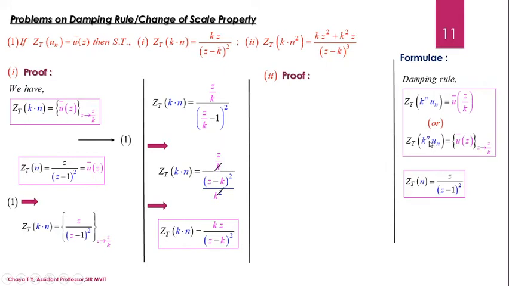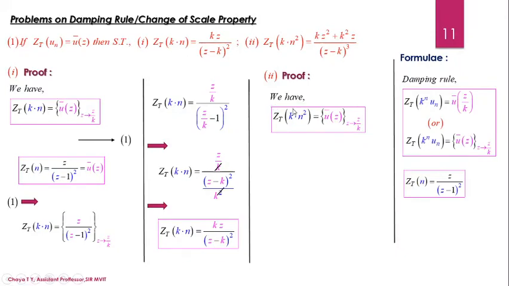So what is the LHS? See here. When I compare, k is substituted for k to the power n and the sequence un can be replaced by n squared. So what do I have to do? First I am going to use the substitution for the sequence un and k to the power n in the damping rule and rewrite the rule for the required proof.